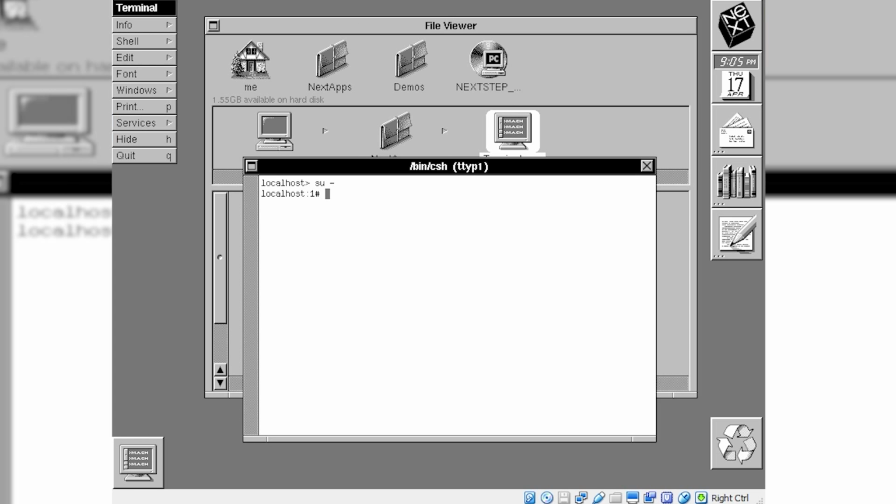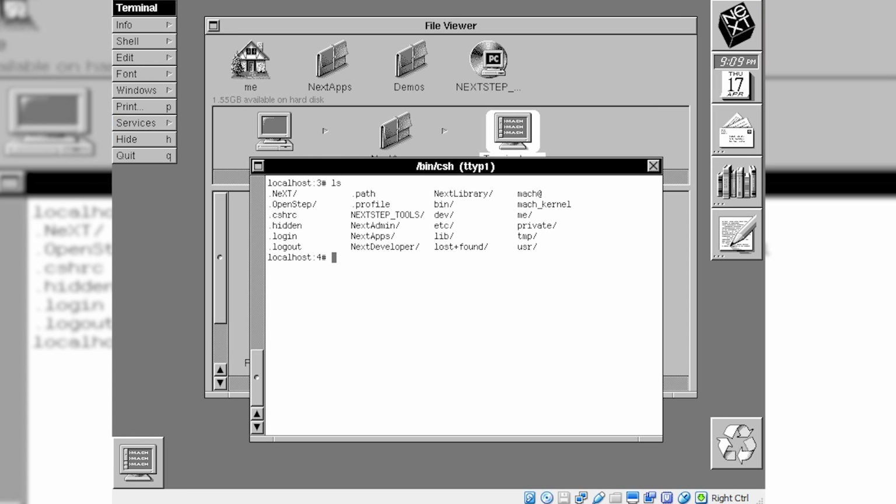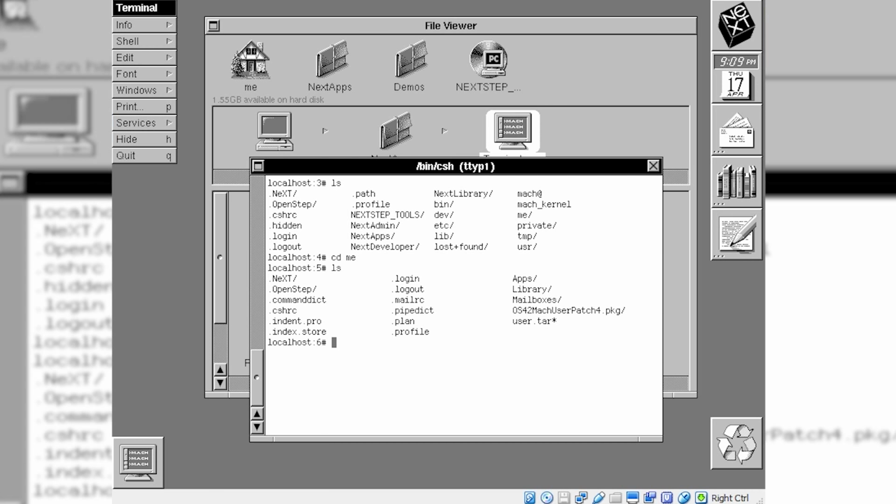Now it's going to allow us to run all of our commands as root. First we want to change our directory to the me folder. So type in ls to view all of the different directories, and then type in cd me. Do that and type in ls, and you'll see the OS 4.2 mock user patch 4 right